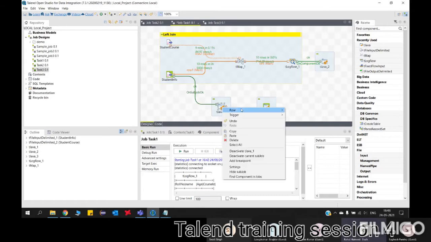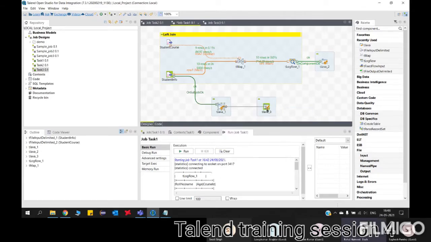If you want to make them one single subjob, link it with the main link. Now he has taken the main link, right? So when you link it with main, T-Java 1 and T-Java 3 will act as one subjob. That means component 1 and component 2, the combination of two components, we call one subjob.